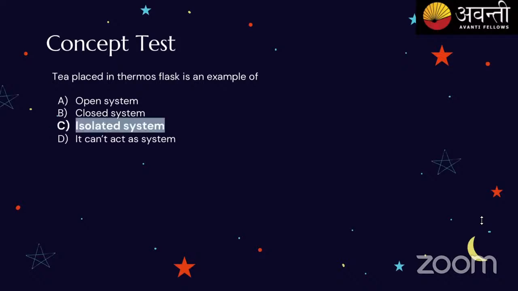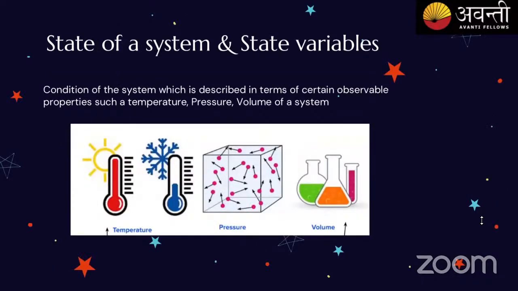Now, let's see. First thing, what we try to see is what systems there will be, before seeing the system. How do we see a system? Done with this, right? Now we'll be seeing what the systems are and how do we measure them actually. Now, state of a system is nothing but maybe gas or liquid or a solid. These things are nothing but the state of a system, or whether it is in equilibrium or not in equilibrium. There are some states of system.